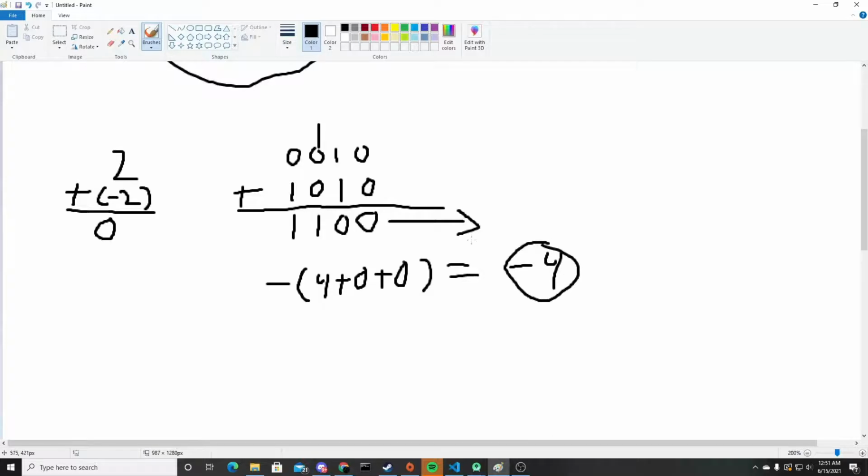So that doesn't make any sense, right? Because we know over here when we did the decimal arithmetic, we saw that 2 plus negative 2 equals 0. Well, that most definitely does not equal negative 4. And so you can really try any combination of positive and negative numbers, and you'll notice that for the most